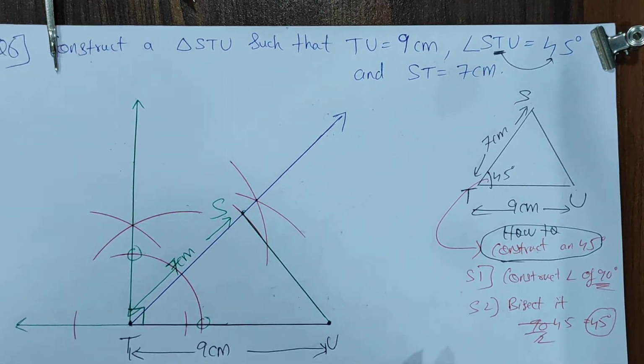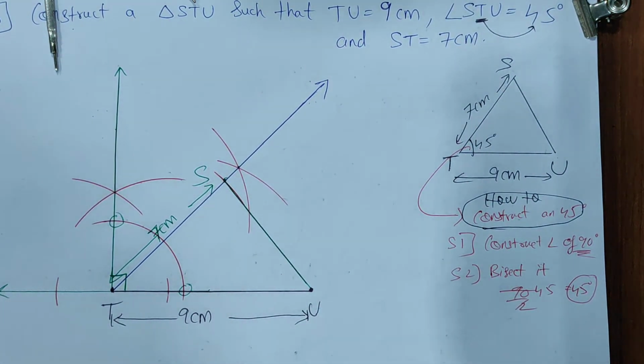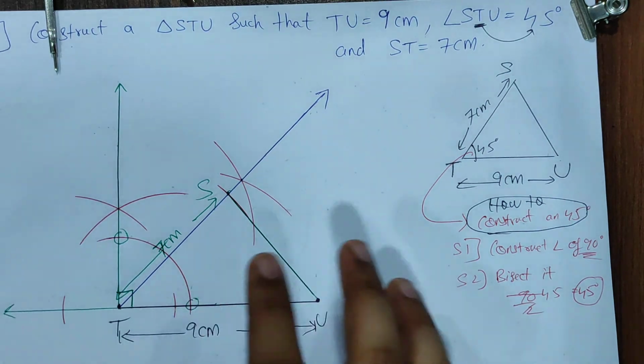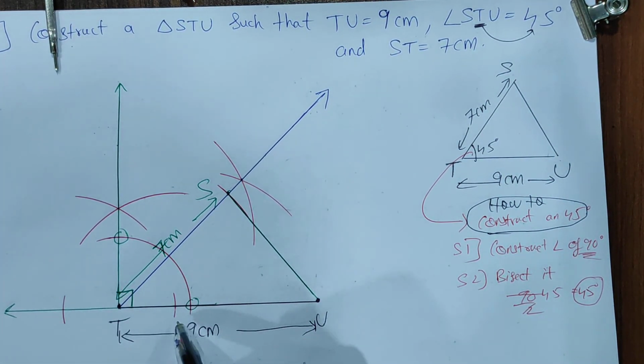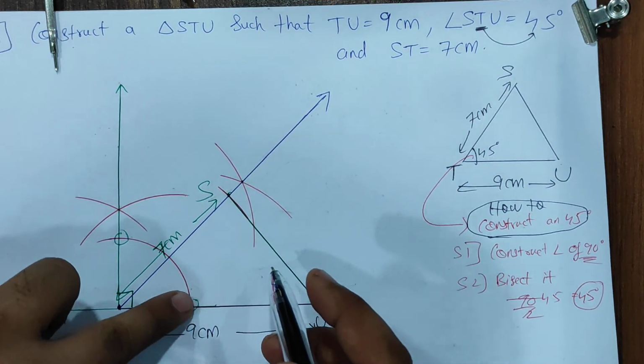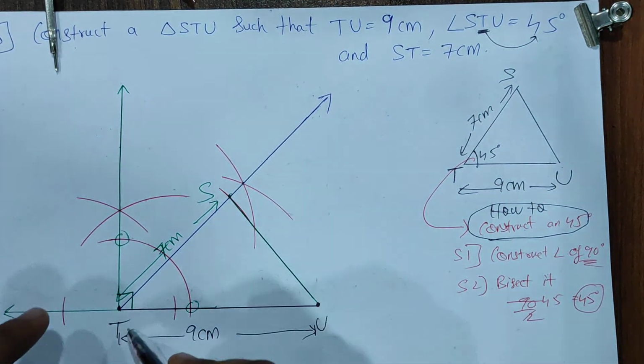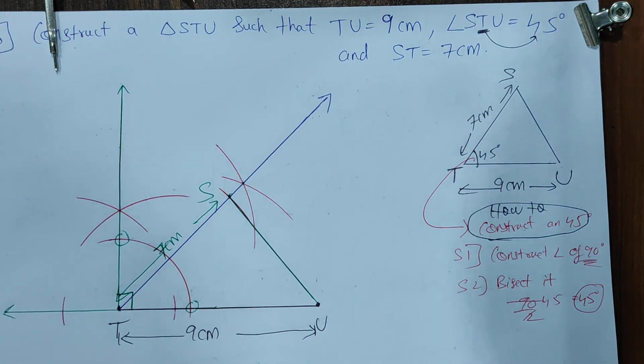That's it, students. Pause the video, please, all of you, and do it fast, everyone. This is how we construct 45 degree. And hope you understood this. At the time of making 90 degree, I just forgot to make a semicircle. So afterwards also, with the help of this method, we can bisect it. Okay, pause the video, please, and do it fast.